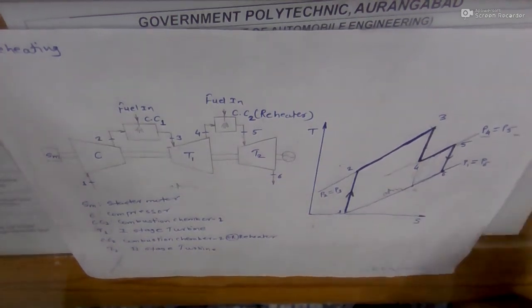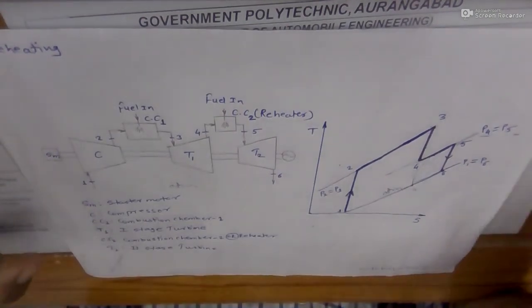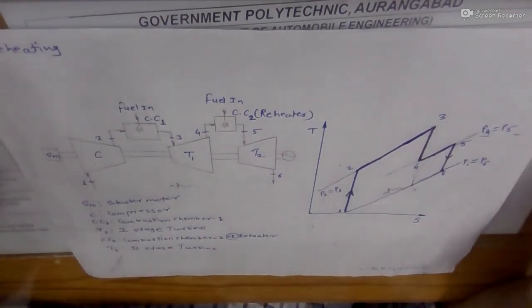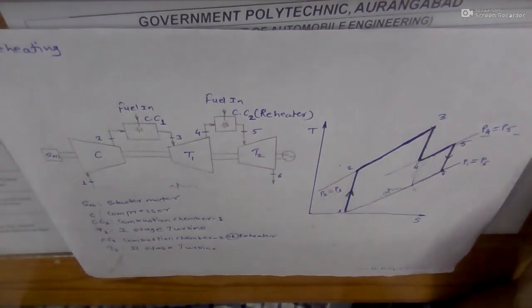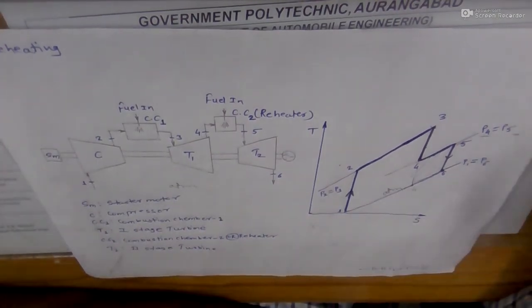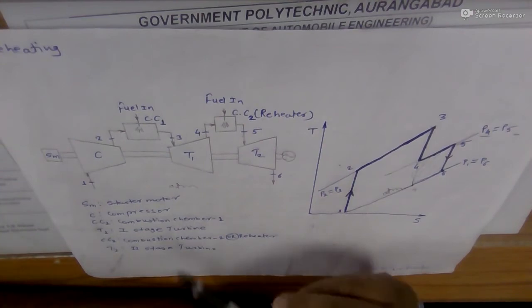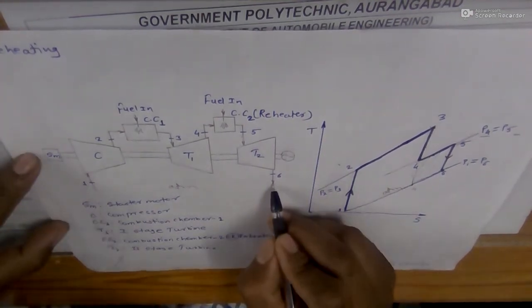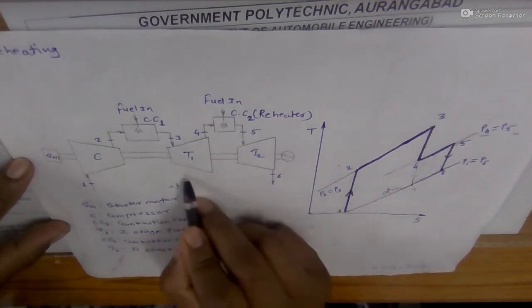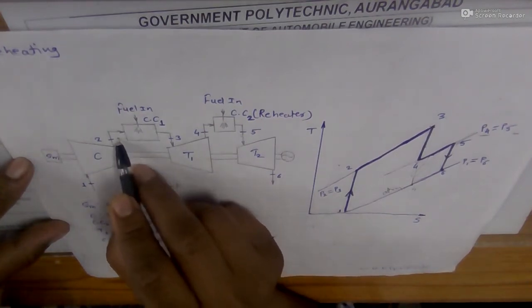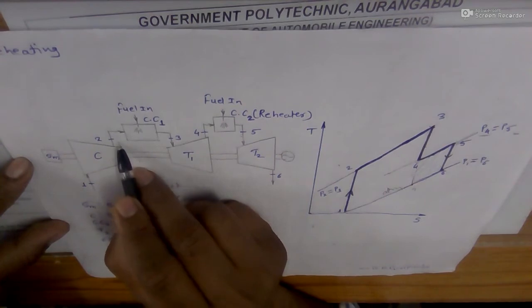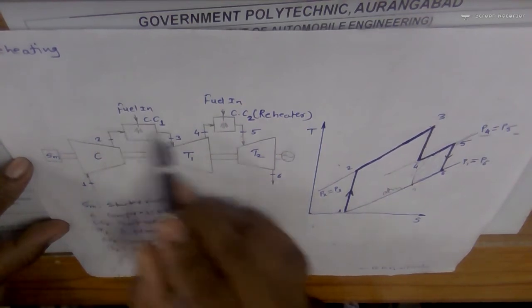So this is the purpose for which we are using a reheater. And it is not necessary, as I discussed in the previous lecture also, and in this lecture also, I discuss the reheating process individually, I discuss the intercooling process individually, I discuss the regeneration process individually. So it is not like if we use a reheater, we cannot use regeneration. I can use regeneration again, I can direct this exhaust from turbine 2 in order to exchange heat with the compressor output. So I can have the regeneration effect as well as the reheater effect.